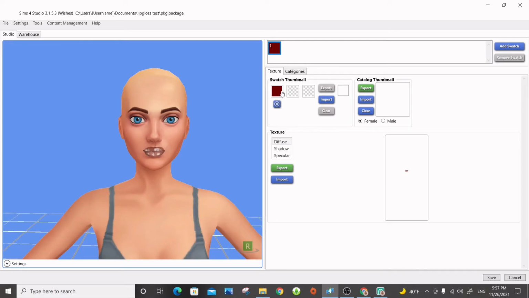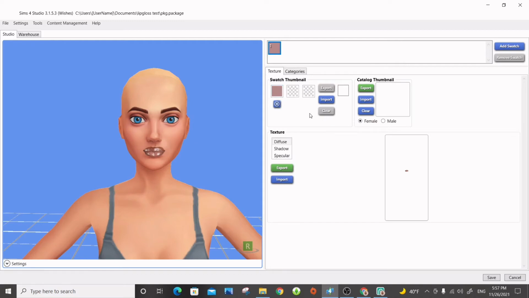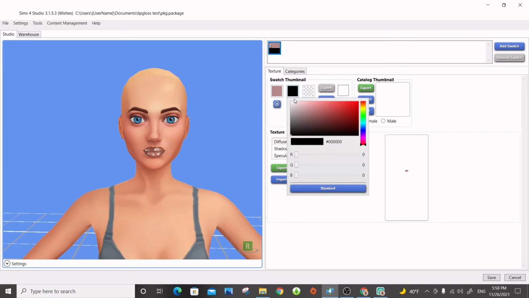So the swatch thumbnail, I should explain that too. So this is the swatch thumbnail. If you've ever played around with anything in the Sims 4 Create a Sim, you'll know that you can change the color and then yada yada yada. We only have one swatch, so I'm just going to make it this type of color because that kind of looks like that. And we're just going to save it. You're obviously going to do it the color of